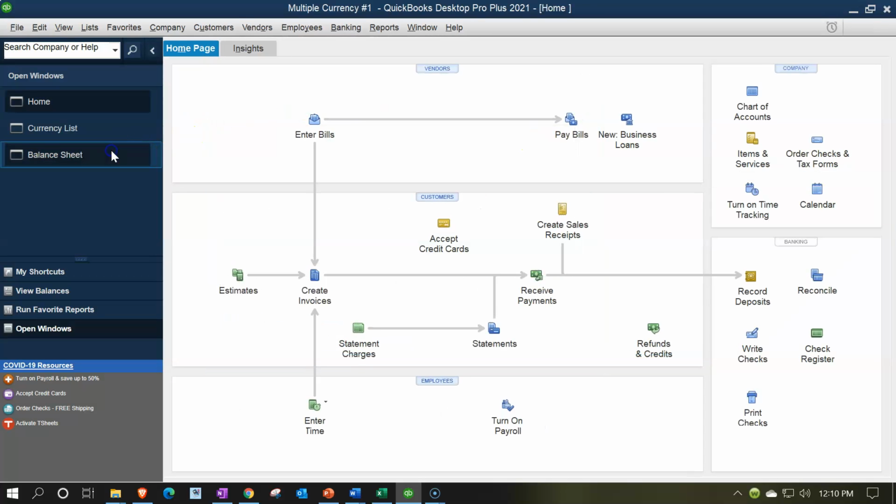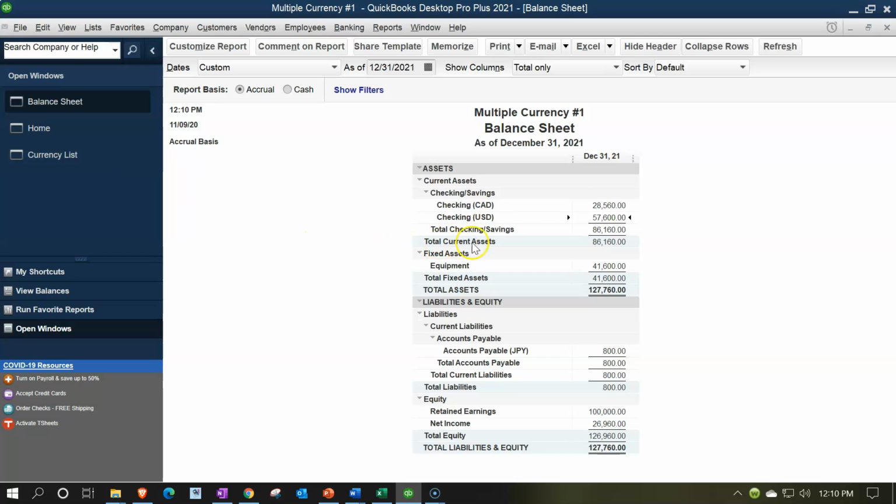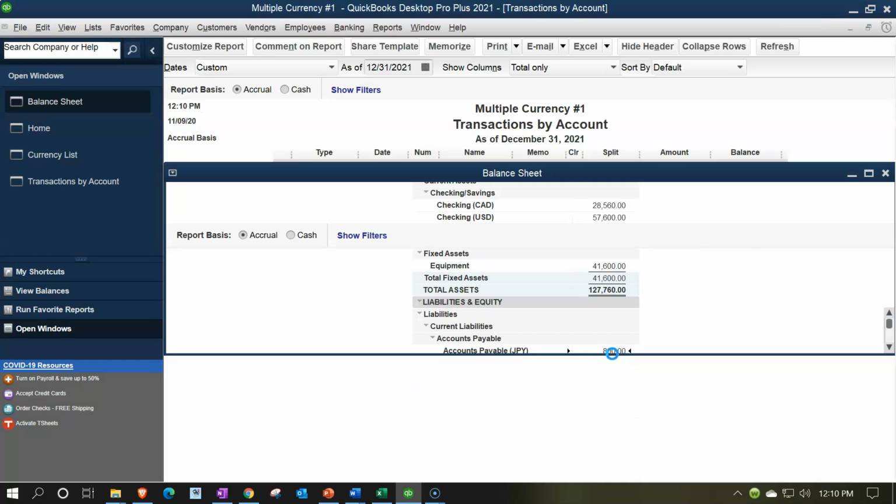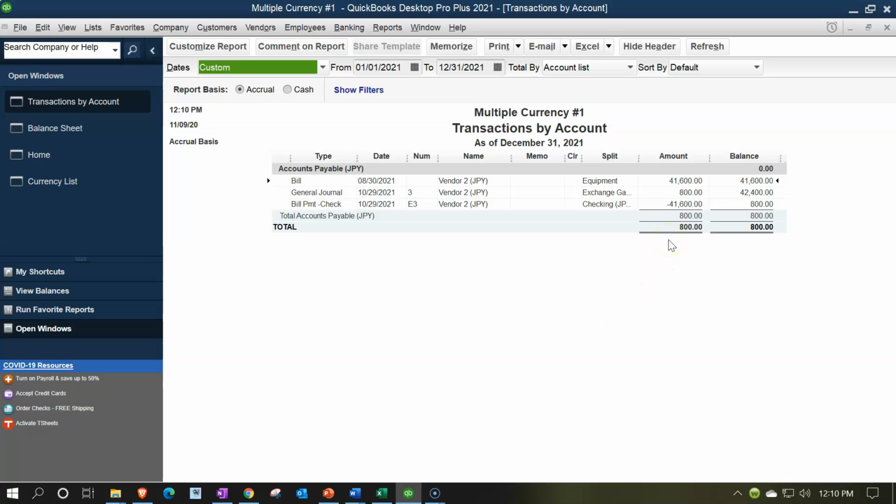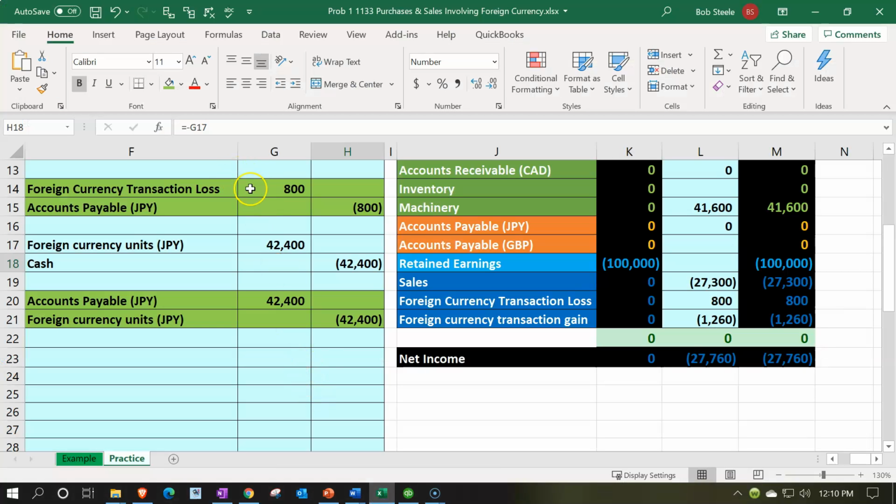We're going to go into the balance sheet then, and I'm going to go up top. Notice the checking account for the yen has now disappeared because it went back to 0. And then the other side for the accounts payable still has 800 in it. And that's what we're talking about, this doubling up of the accounts payable for the 800 journal entry we made. So this journal entry we made here basically got doubled up. Why? Because what QuickBooks did is what we talked about here, recording these two transactions, netting out the two accounts